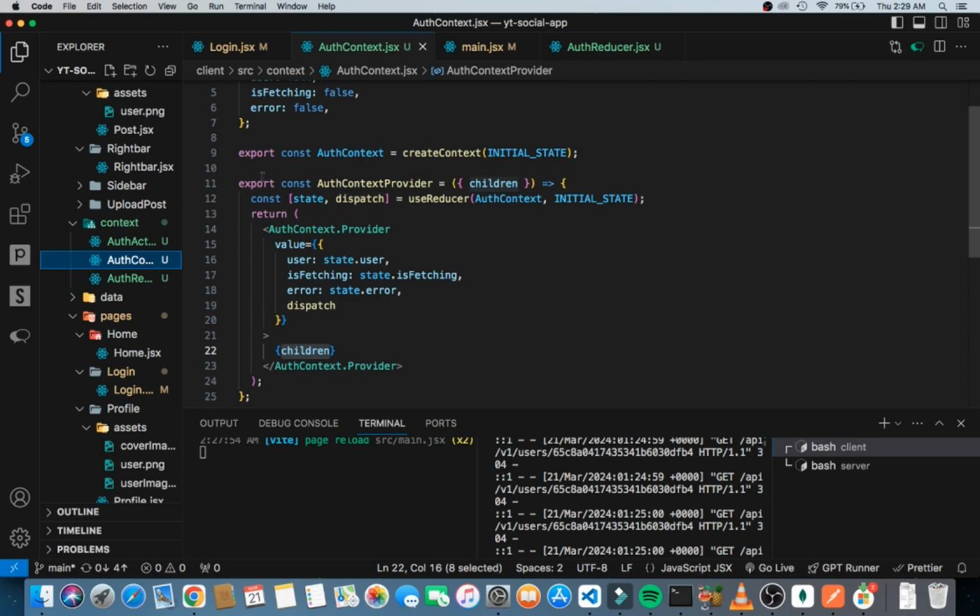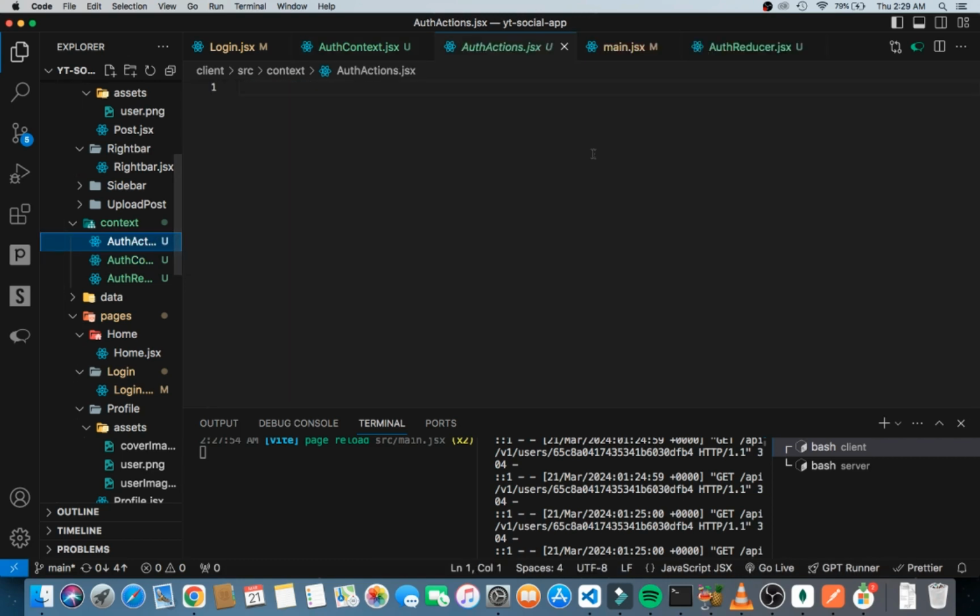Alright, in order for us to start building the actions, let's go straight into the actions here. Right, so I'm quickly going to say export const login start, like I mentioned. Login start is going to take in user info, or user credentials, and then after it takes it in, we are